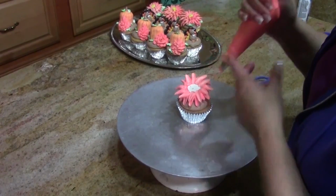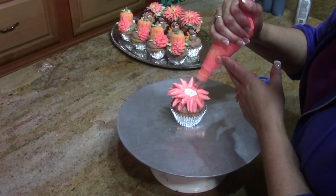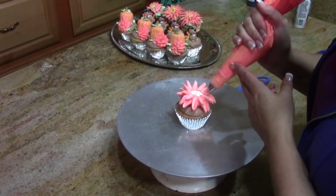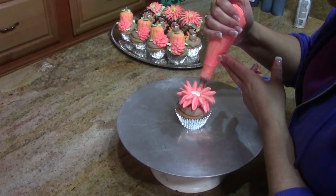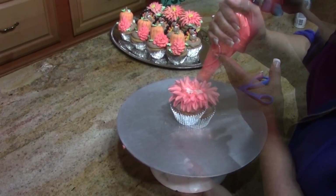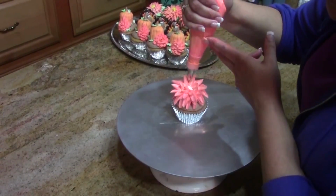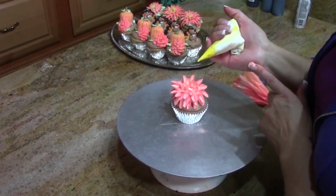Now as I get up, I want to have my layers start to stand up just a little bit more. And I'm just bringing it up at a slightly higher angle. And you want to let them get a little bit shorter. Now what you don't want to do is you don't want to go in a pinwheel. You want to make sure you're pulling straight out. And my very center ones are going to be smaller. Now you could use your mum tip all the way to the very center. I like these to look like a fully opened flower,